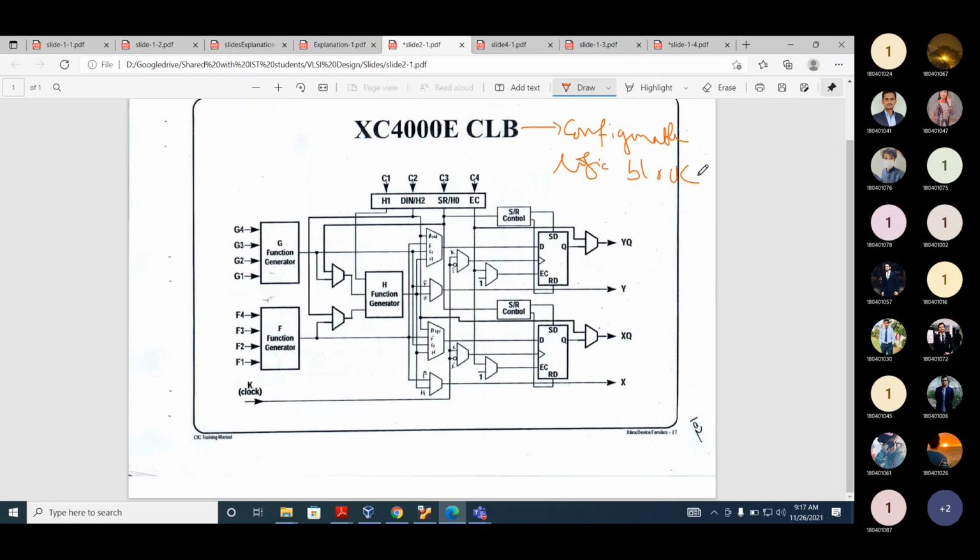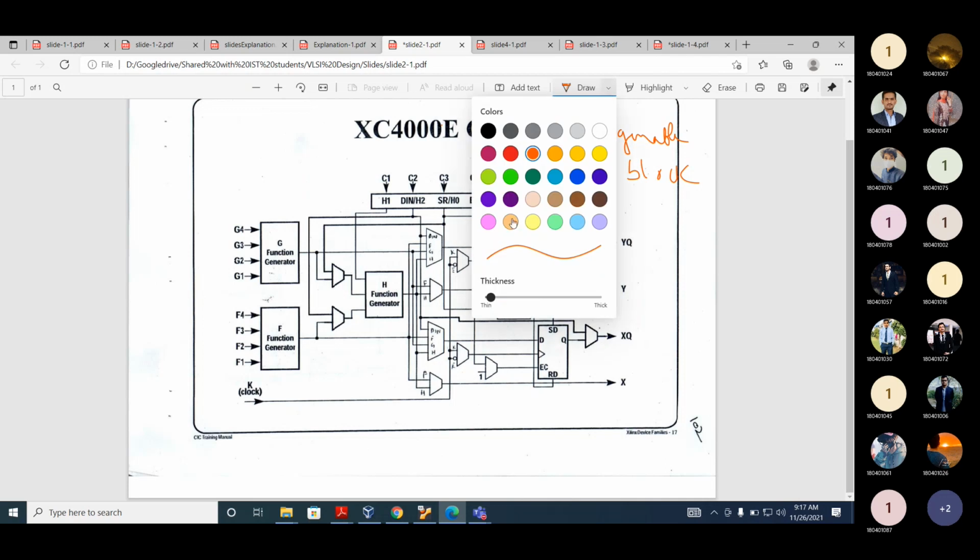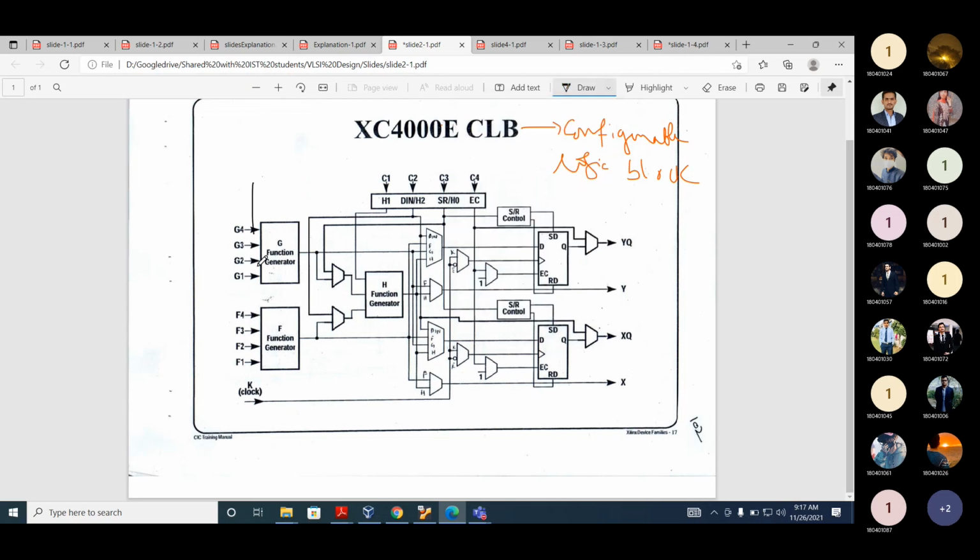Okay, now if you look at this CLB as a black box, what are the inputs? F1, F2, F3, F4, G1, G2, G3, G4, C1, C2, C3, and C4.